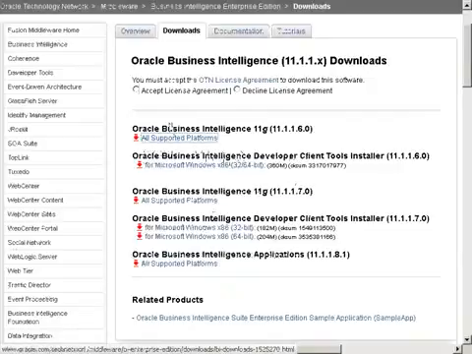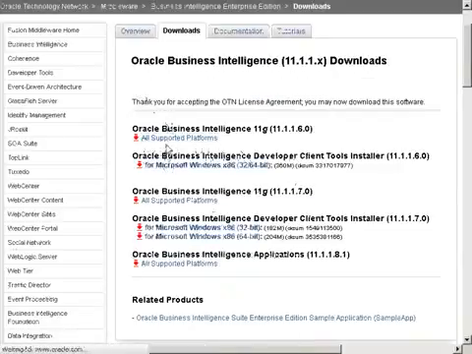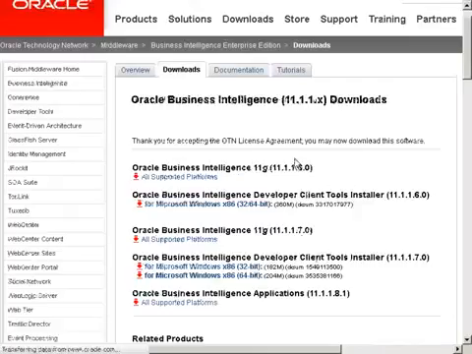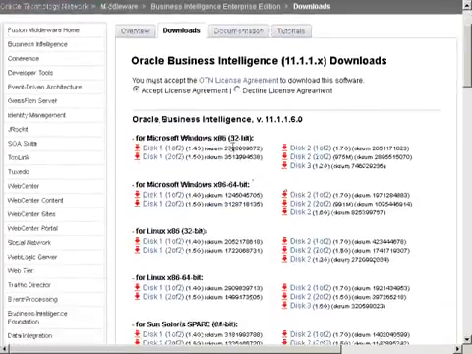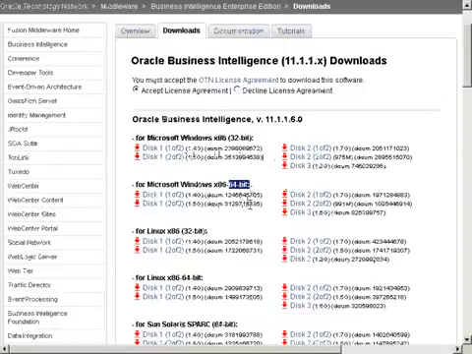If I click on all supported platforms, then what is it saying, sir? Yours is a 32-bit system, then download this one. Yours is a 64-bit system, then download this one. Yours is Linux 32-bit, then use it. Linux 64-bit, then use it.